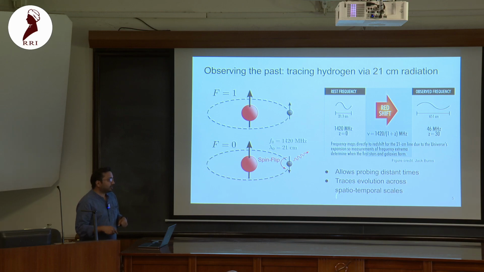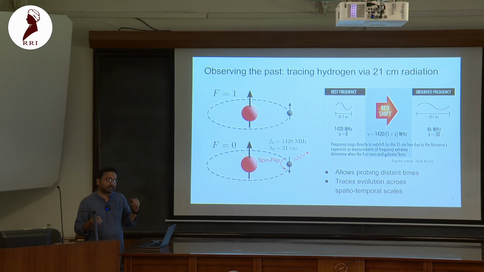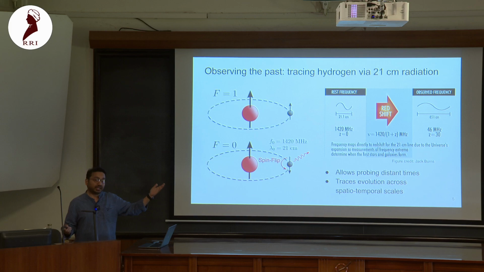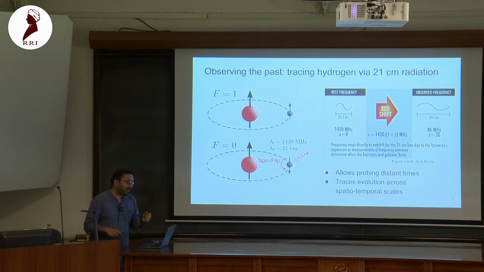So why prefer this over all these different observables that we have? There are two very distinct advantages. The first is the span of time that it allows us to probe. When we look at the early universe through other means, say optical or infrared, we are at some point limited by sensitivity. So Hubble or say JWST now has gone to redshift of 10. We heard a talk from Biman yesterday. But using 21 centimeter radiation, we can probe redshifts all the way to 30 and sometimes 50 in principle.